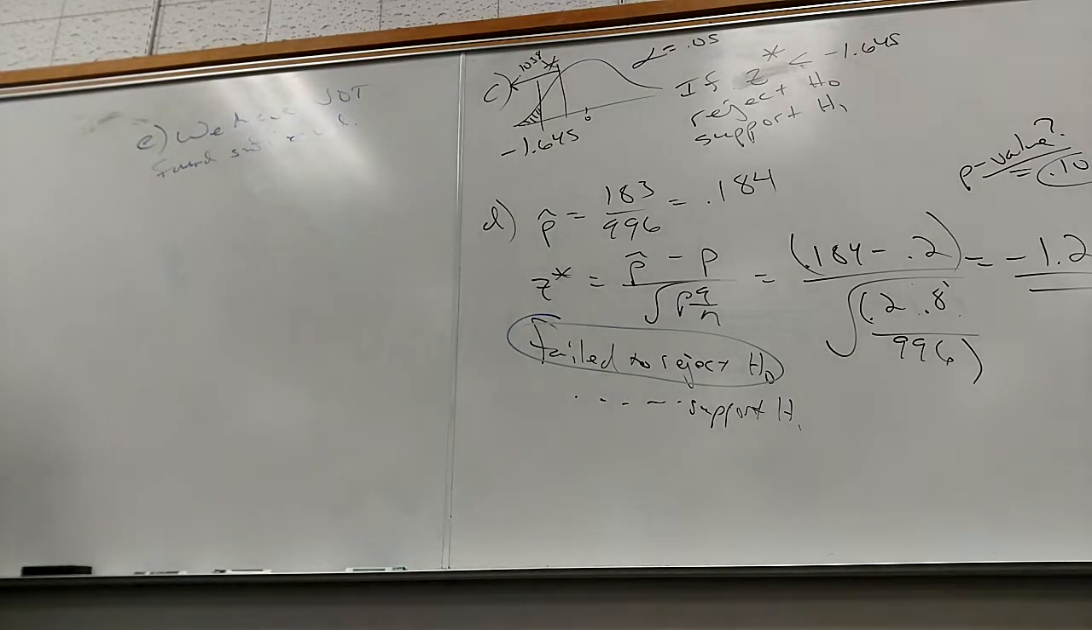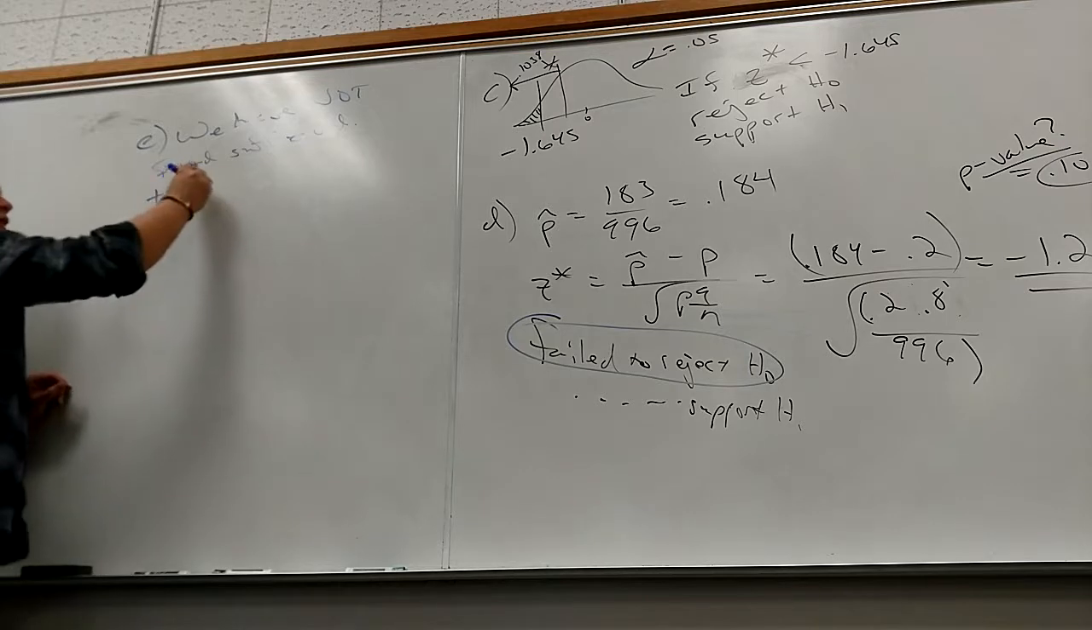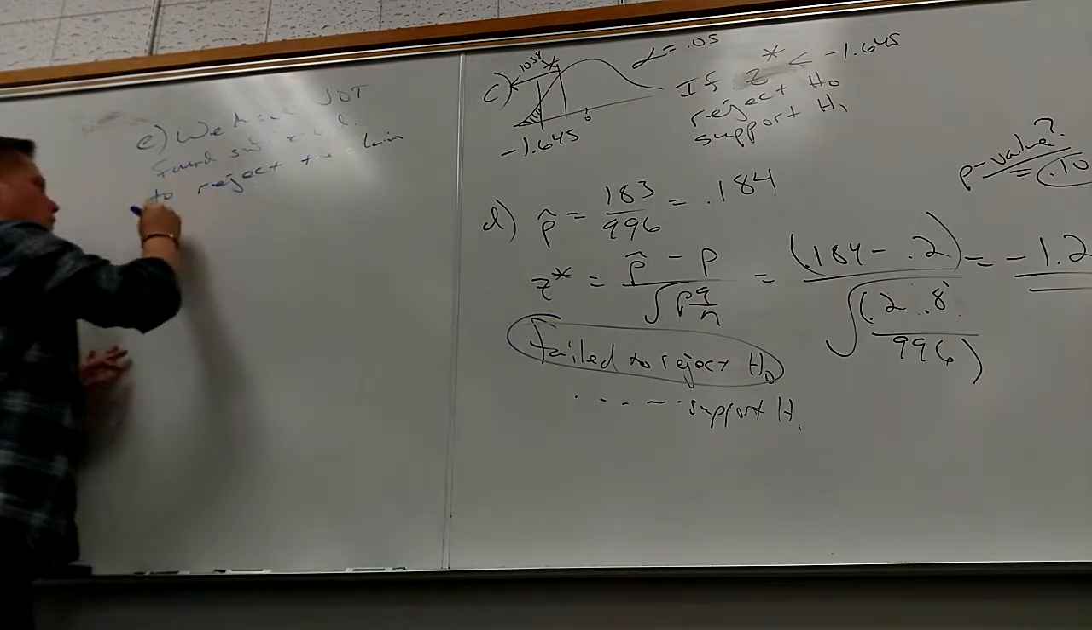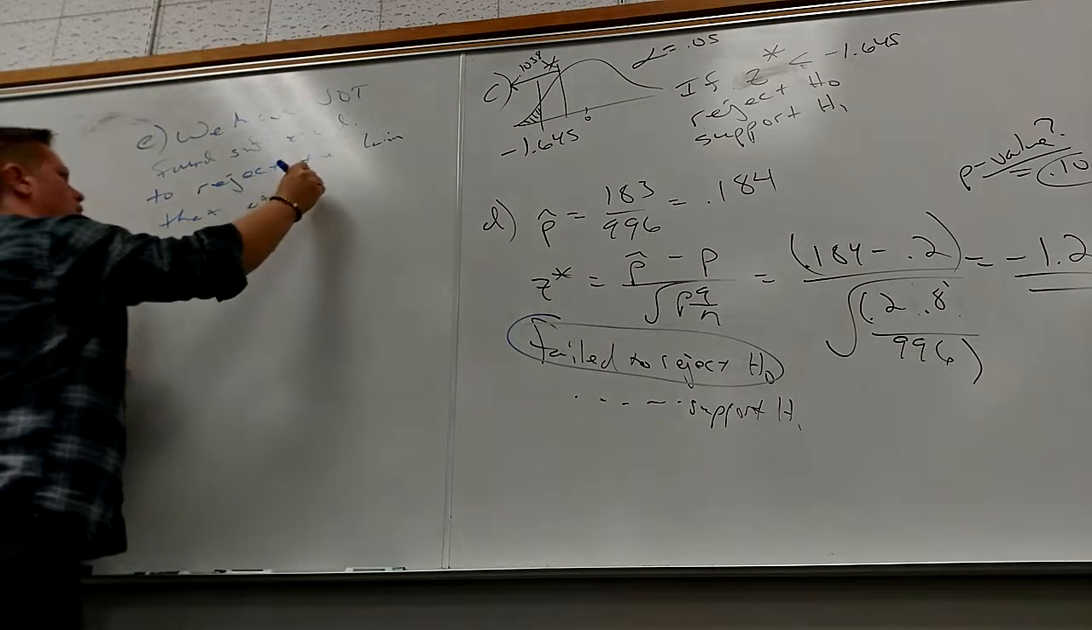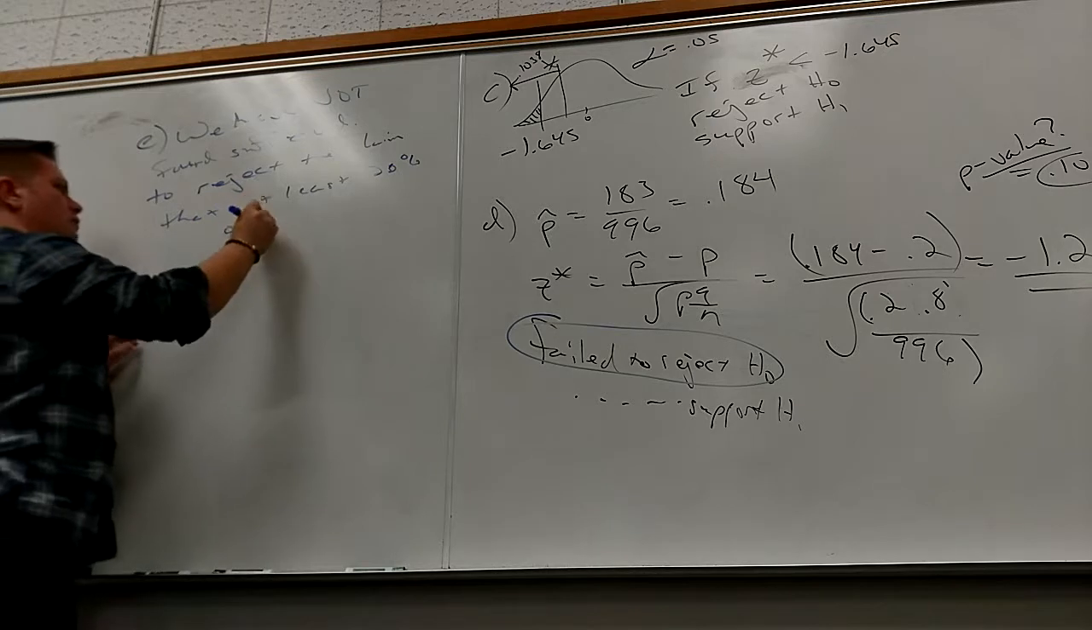When do you find evidence? When you make it in the rejection region, when you make it far enough away. And when you don't get in there, you didn't find evidence. We have not found sufficient evidence to reject the claim that at least, and I just steal from the problem, 20% of people opposed